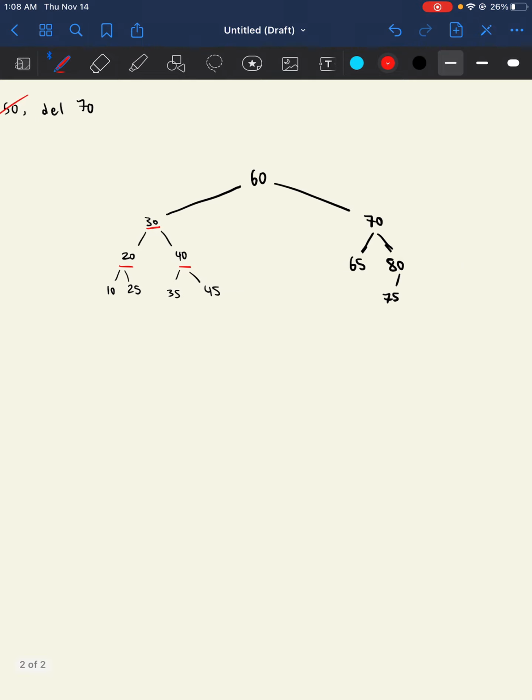Let's delete 70 now. So 70 is right here in the tree, and then let's promote its in-order predecessor. So we're going to pluck it out of the tree and return that at the end in a remove algorithm. We're going to promote 65,